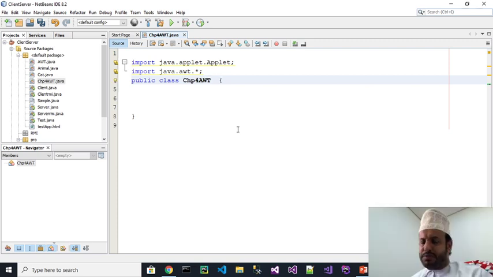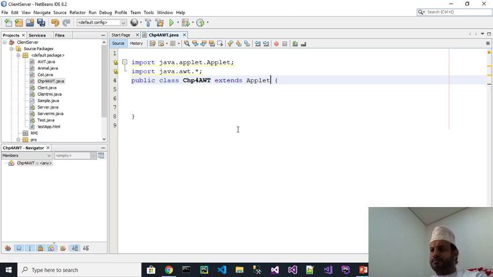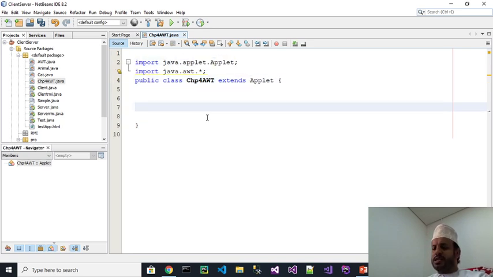You remember? In chapter 3, we talked about inheritance. So here, we are going to implement extends Applet. It's just the Applet class that we need to inherit. So in this case, now I will use public void. We said it doesn't return anything, and its name should be paint. So this paint will